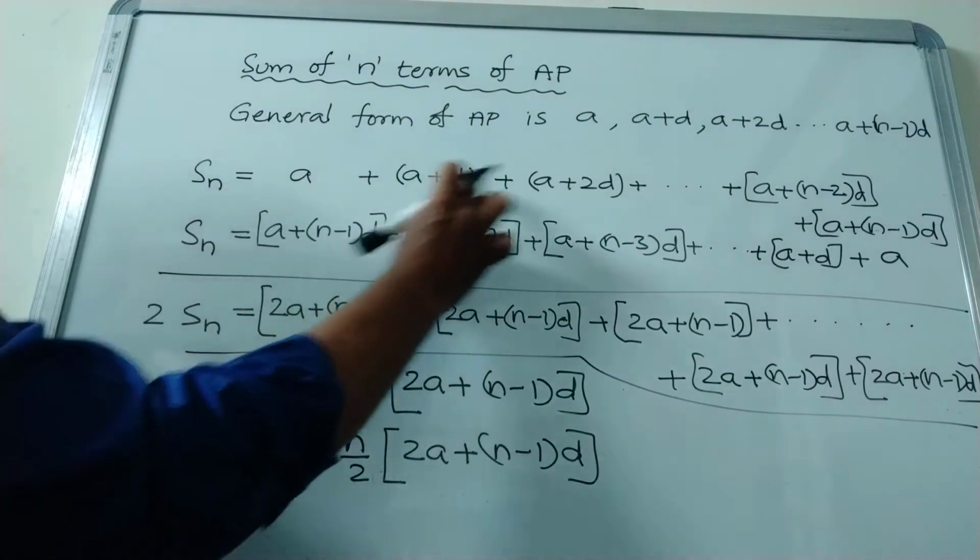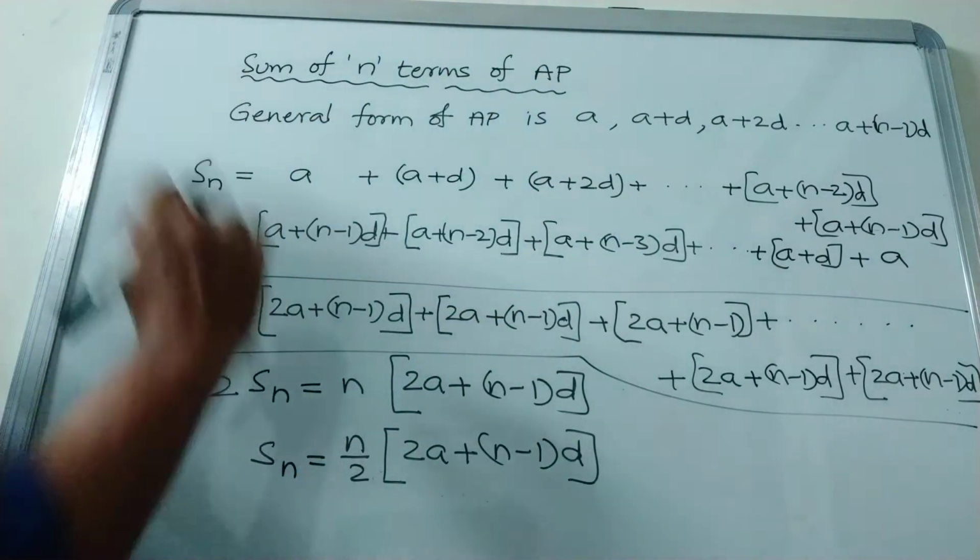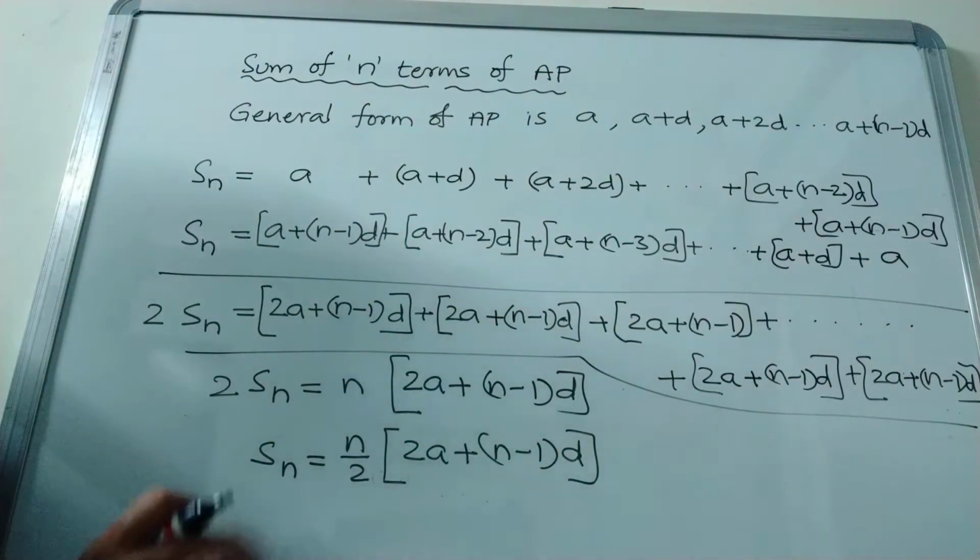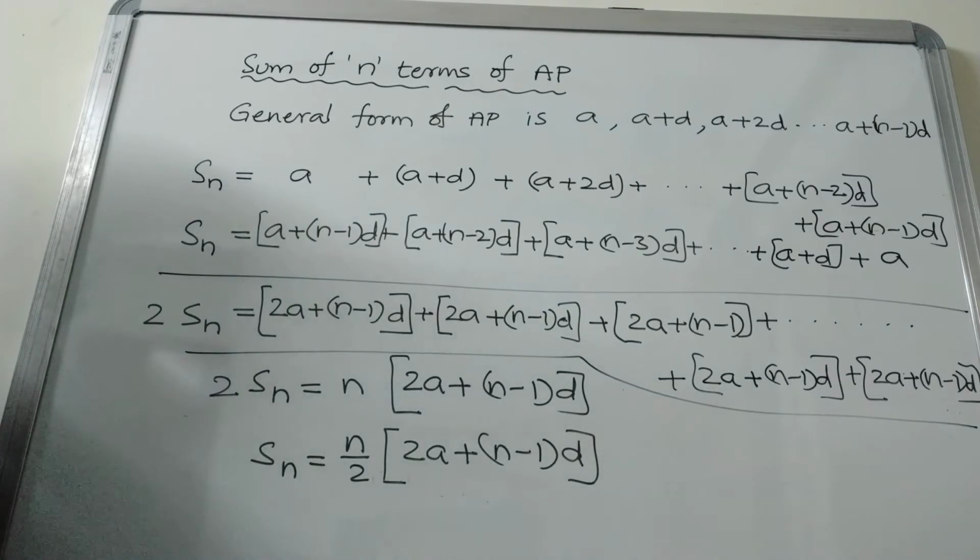Understood? So, sir, why are you writing two times? So you can add these, any method you can use. No. This is given by Gauss, the famous mathematician. Actually he did not find this. So one day what happened? His mathematics teacher came to the class and he had some work to do. He wanted to do the work, and the students wouldn't allow it.